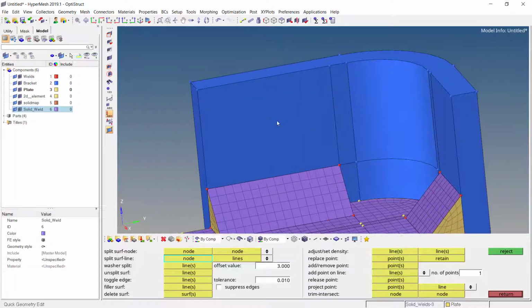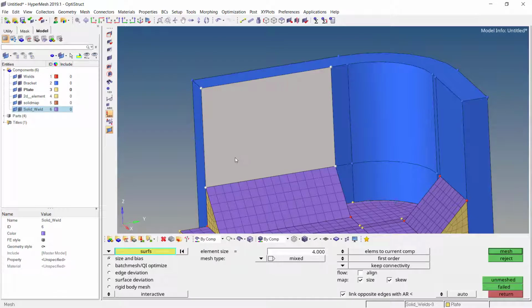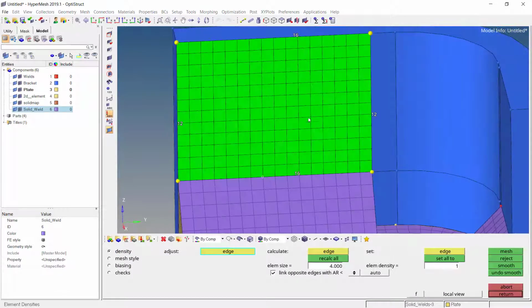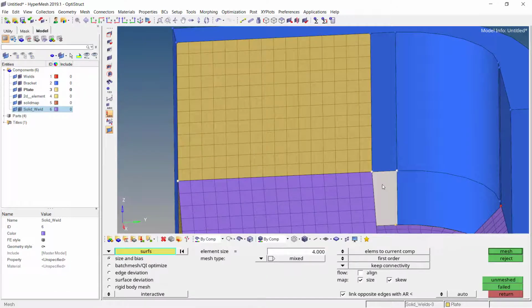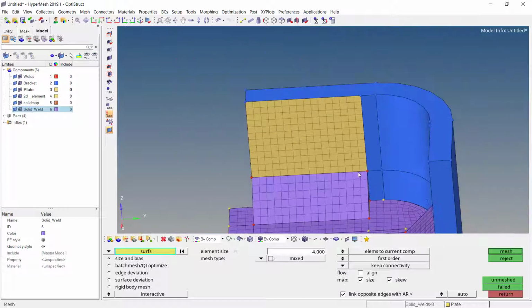Once the elements have been placed, now it's time to mesh those regions. Go for surface and simply select this surface. Make sure that there is proper connectivity. Again let us try to do the same thing. But if you can see, currently even if I try to select this region, the entire face is getting selected, which I don't want.